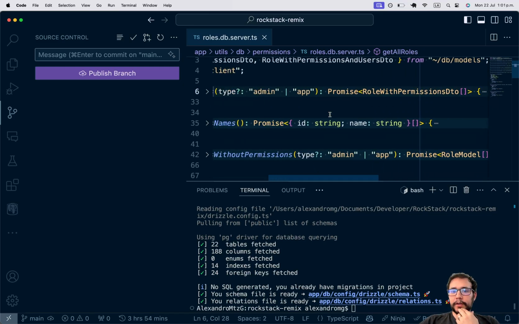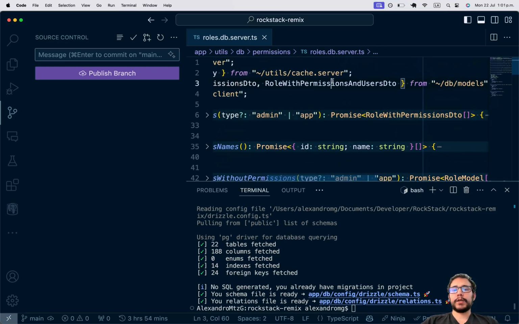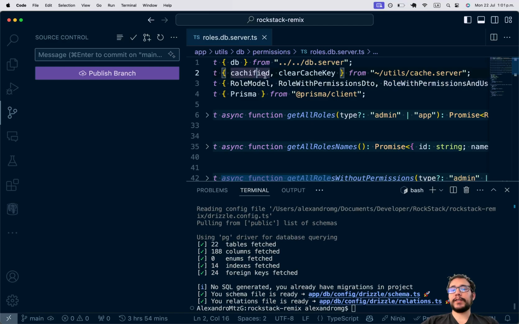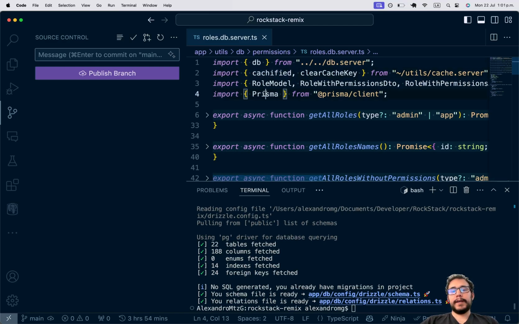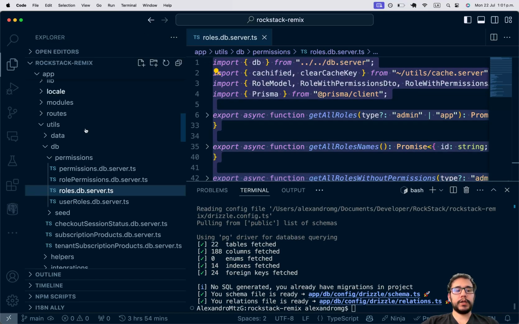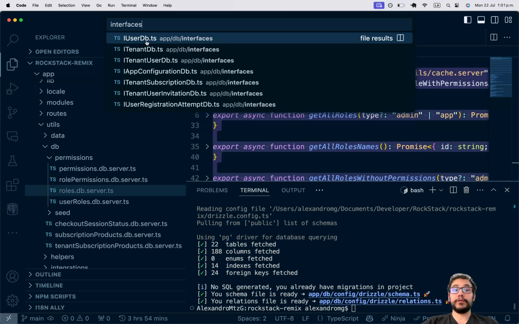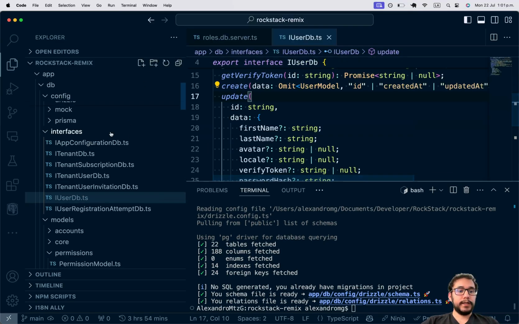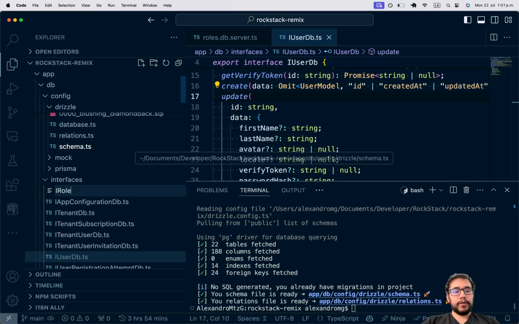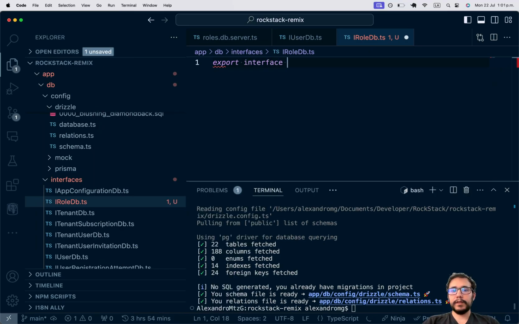So anyway, now if I go to the roles DB server file, I have some functions that already define what the return type is. So I need to make sure that here I don't depend on anything from Prisma. For example here, this will essentially become the new Prisma implementation. So let's go to my interfaces. I already have user, tenant, tenant user, and so on. Let's define one for IRoleDB, export interface IRoleDB,